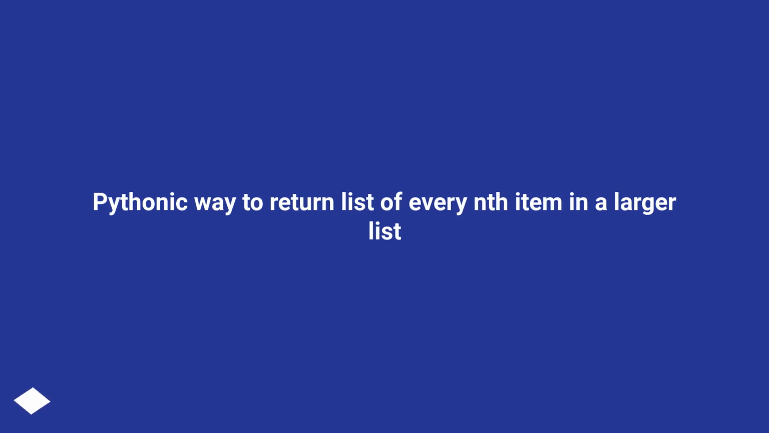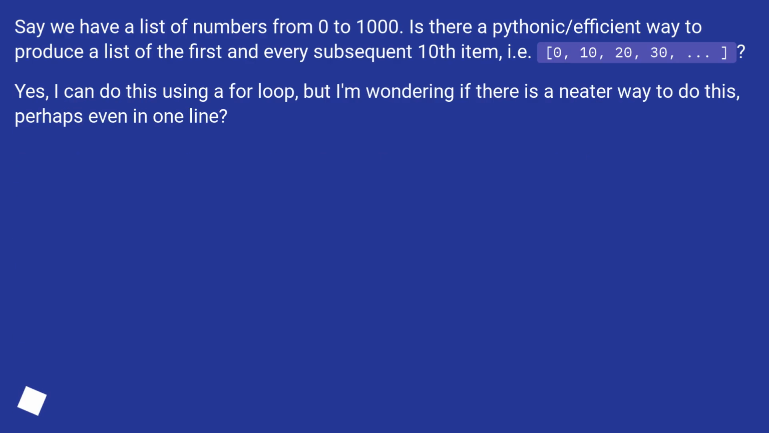Pythonic way to return list of every nth item in a larger list. Say we have a list of numbers from 0 to 1000. Is there a Pythonic, efficient way to produce a list of the first and every subsequent 10th item, i.e., 0, 10,